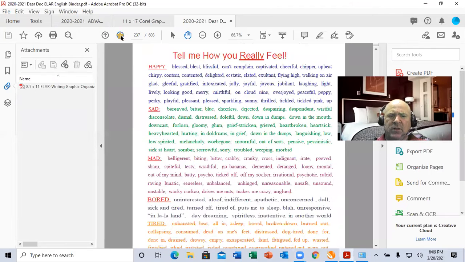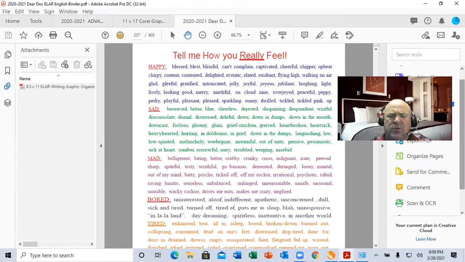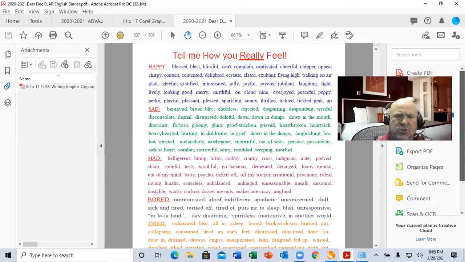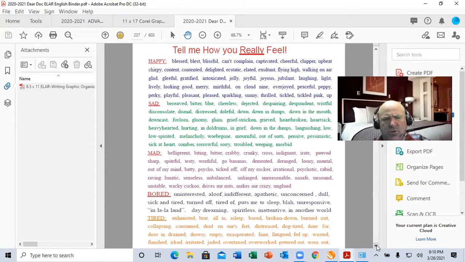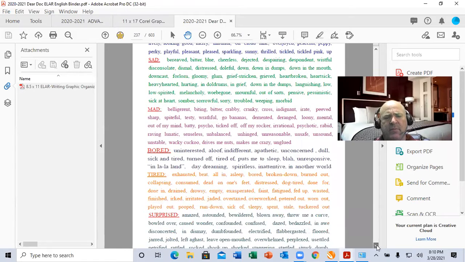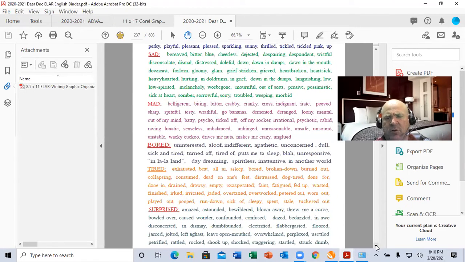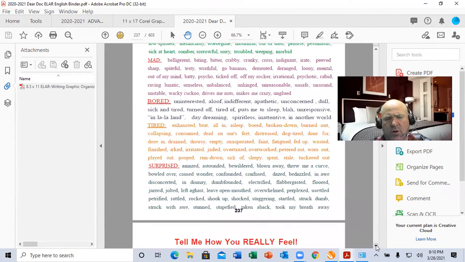Let me go to the next page. So a lot of times prompts are positive. So you can teach your kids on page 237 in the binder to use synonyms of happy that are appropriate to your understanding, your grade level, or any of the other ones. Remember, if you're trying to turn your 1-2 kids into 2-3 kids, then tell them to tell me how you feel using a higher word.